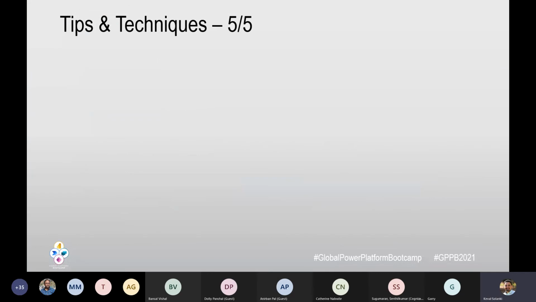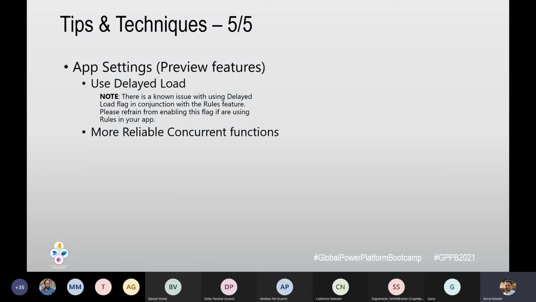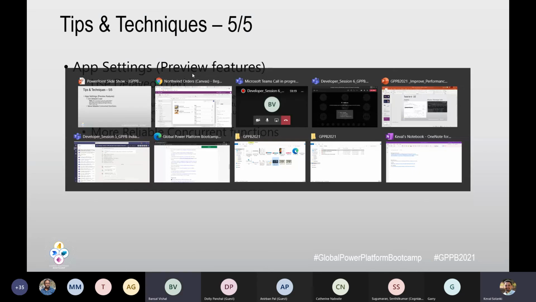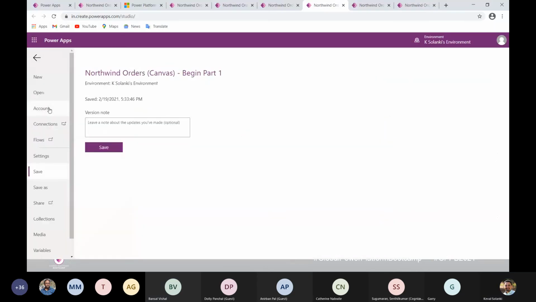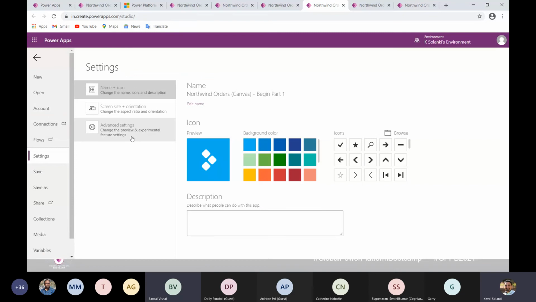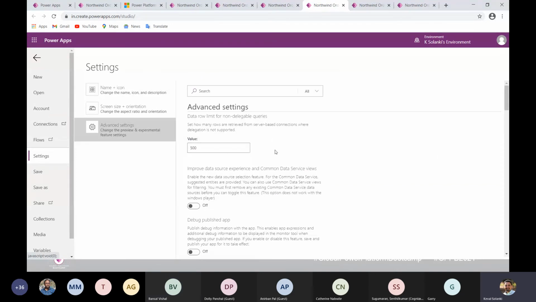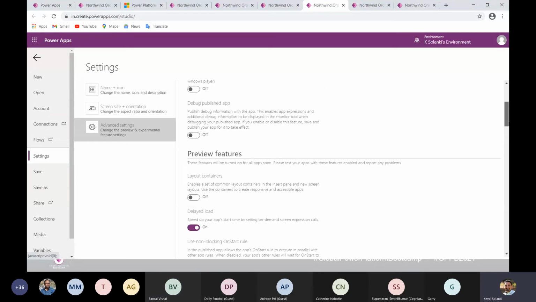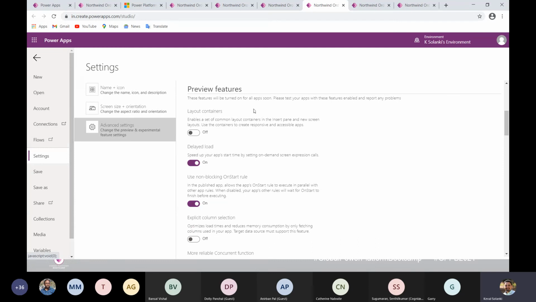All right, I think there are still 5 minutes to go. Another point, which is very important when working with Power Apps settings: if I go into Settings and Advanced settings, there is an option, and some of these features are called preview features.